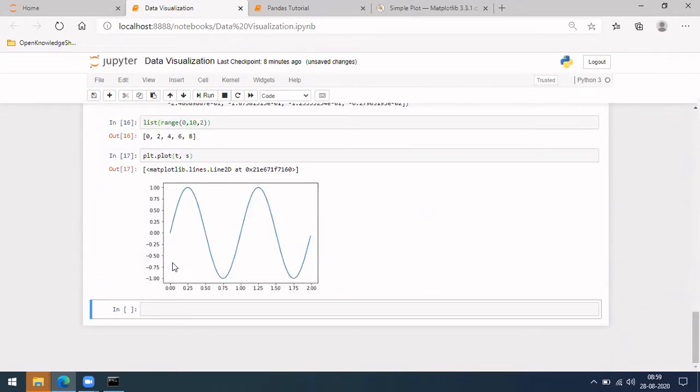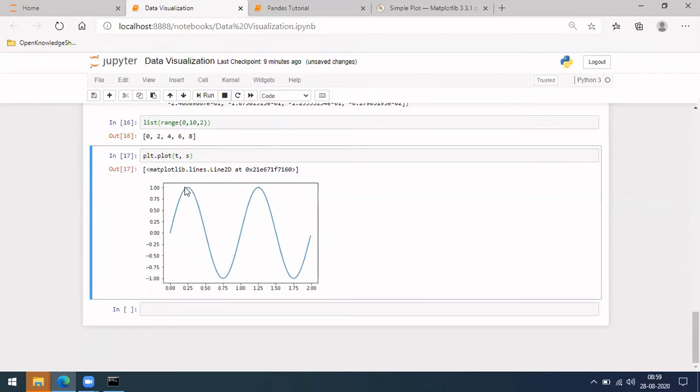Sine 0 is 0, so it starts from here, and at 0.25 you have the peak, because at that time 2 pi into pi by 4 is pi by 2, which is 90 degrees. So this is the sine wave, right?